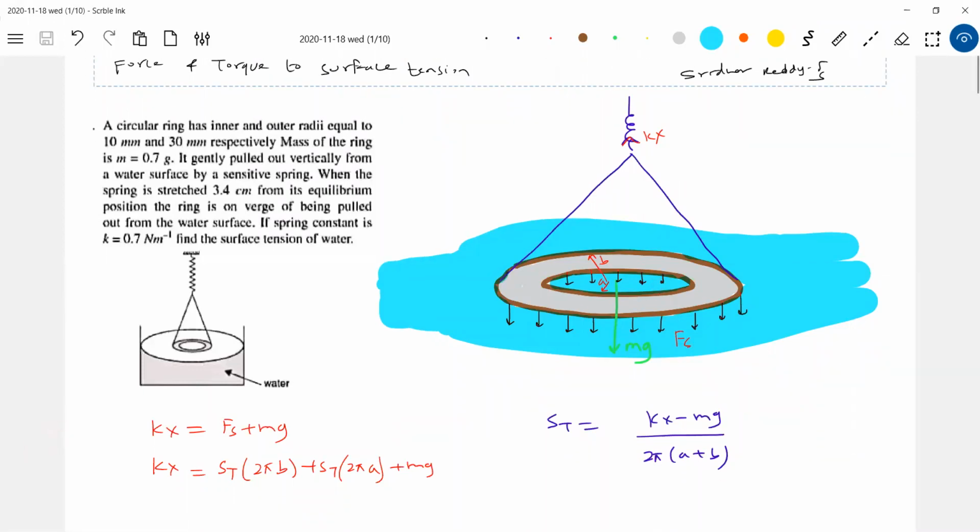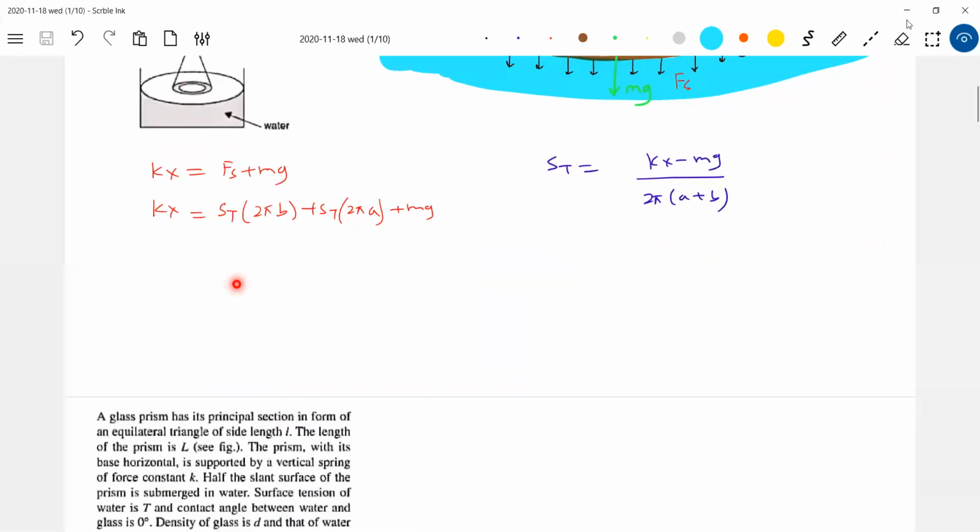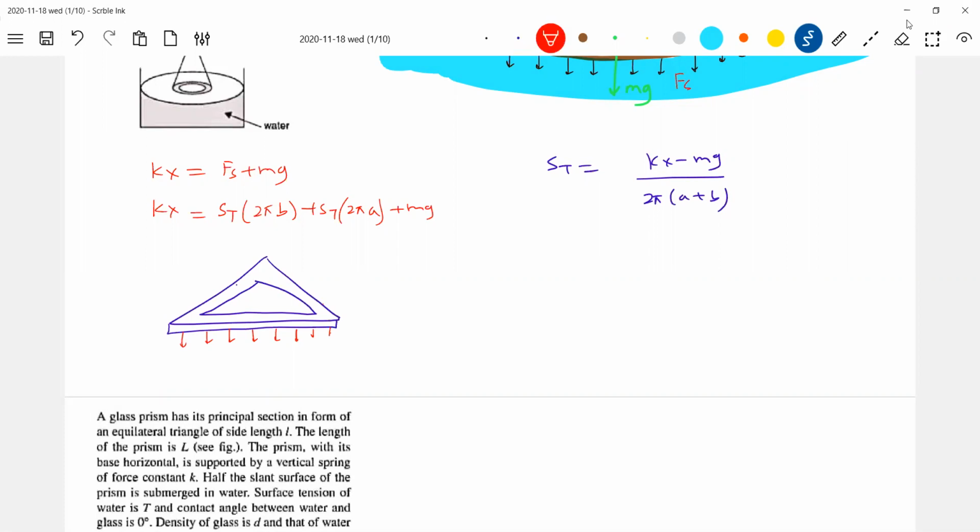So if I keep a triangular one, let me summarize things here. If I keep a triangular plate, the force due to surface tension should act here. I can't show the other faces. Here also it will be acting. Okay, we'll do one thing. I'll take a triangular frame. Then the force due to surface tension should be like this. Getting now? So this everything is a triangular frame.